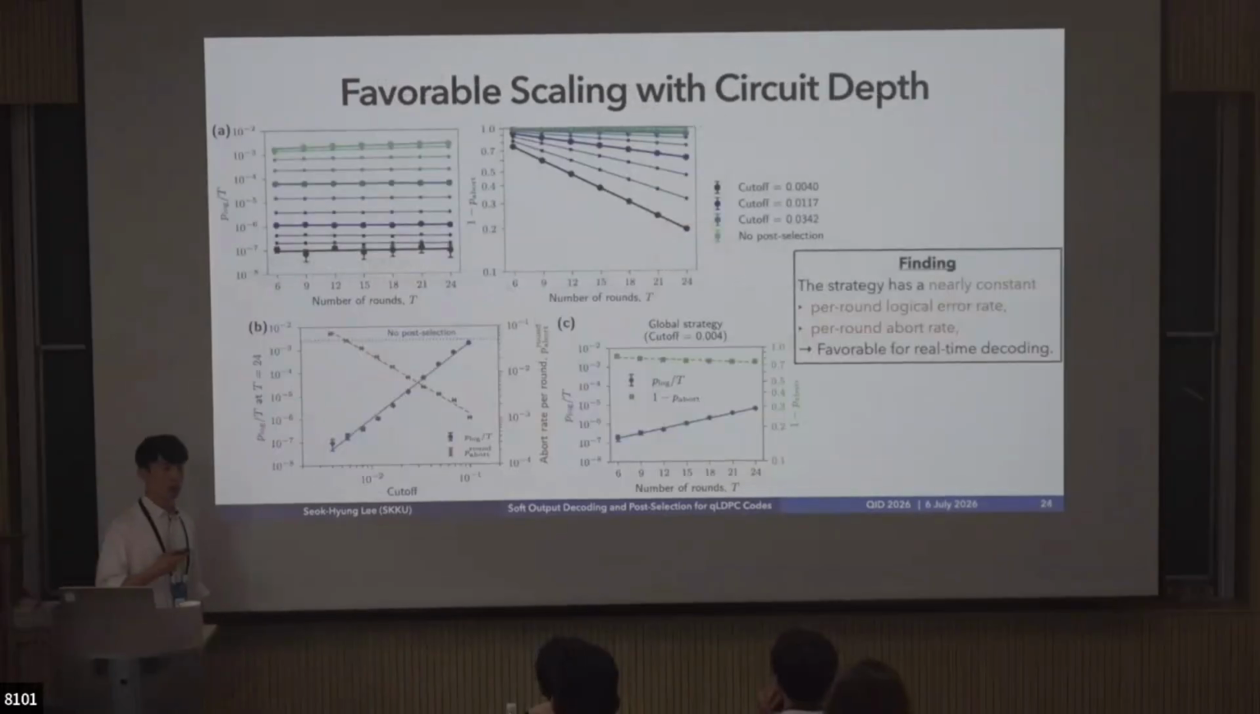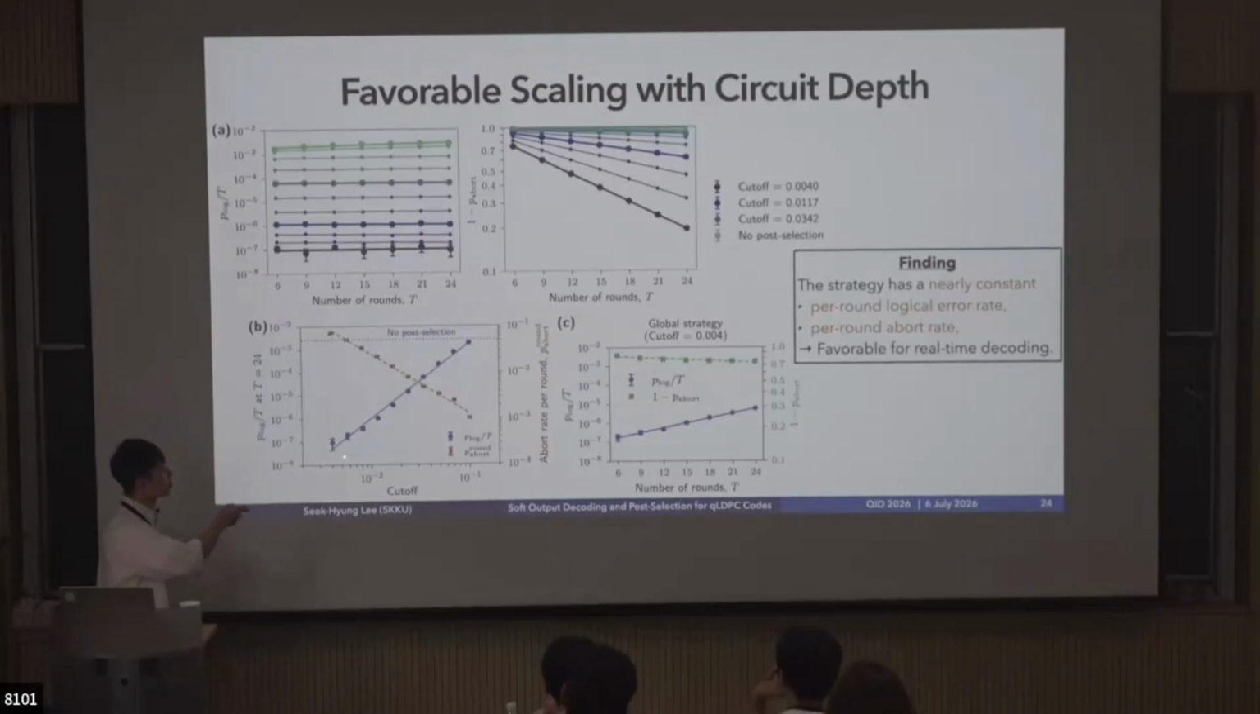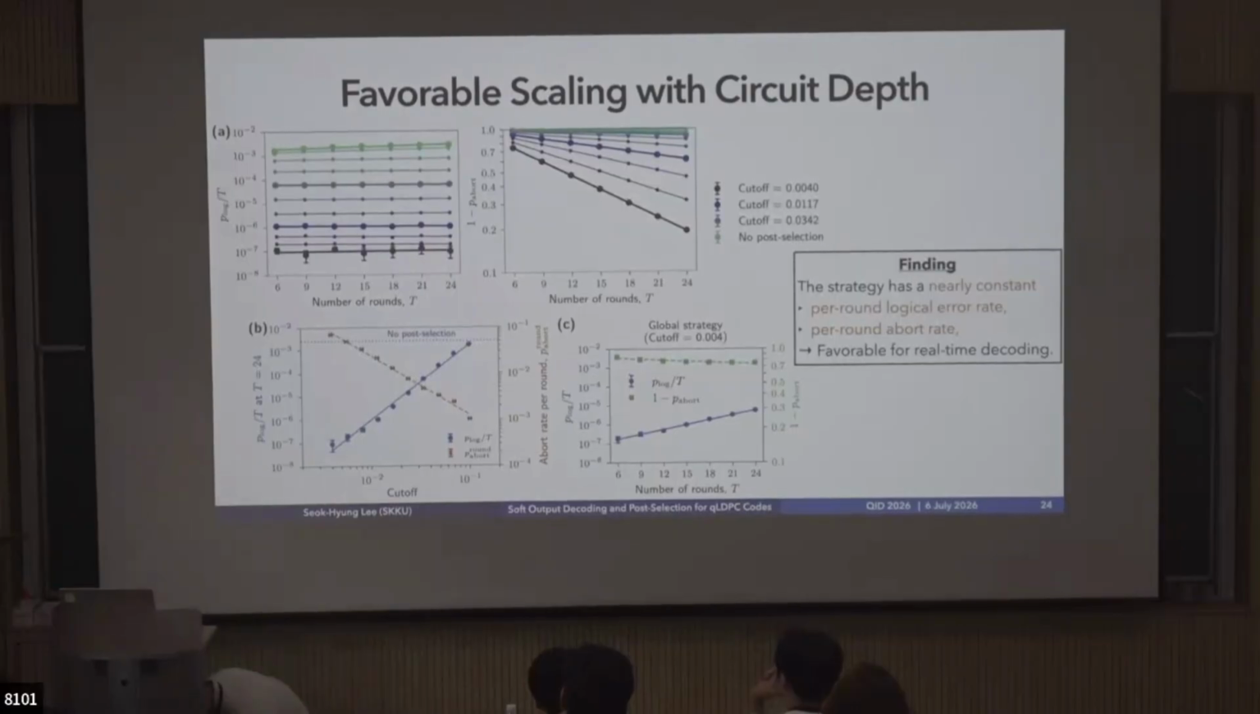And we also showed the tendency against the number of rounds. So we showed that the strategy has a very consistent logical error rate and abort rate per round. So this is the logical error rate per round. It is almost constant along the number of rounds,